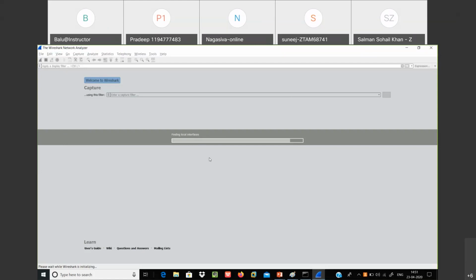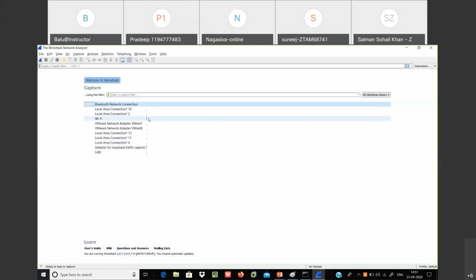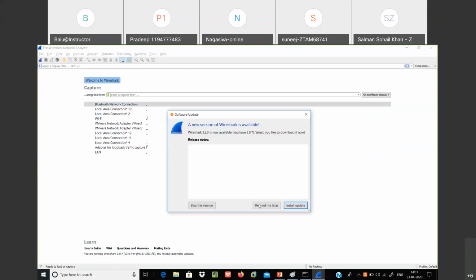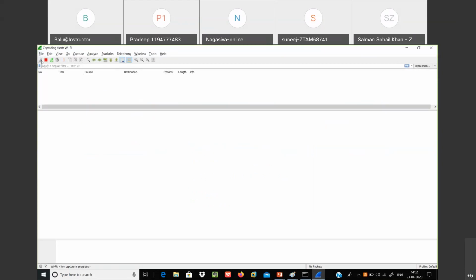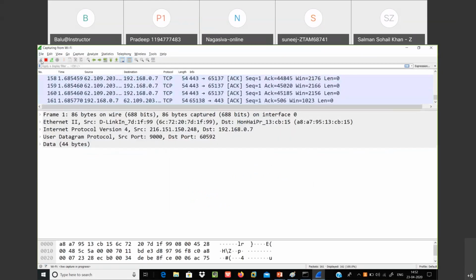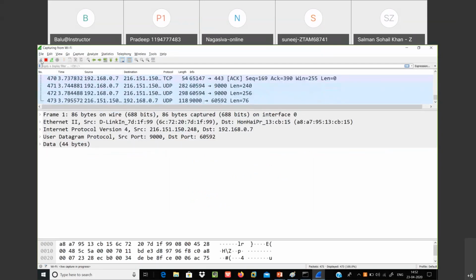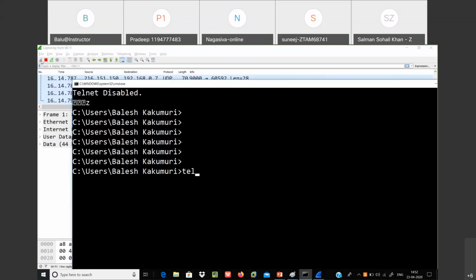At present, my device is connected through wireless Wi-Fi. So I'm clicking on the Wi-Fi option and starting the traffic capture. What Wireshark is doing is capturing whatever traffic is being generated from my computer, can be outgoing traffic or incoming traffic. Complete traffic is going to be captured in my backend, right? So after capture has been started, let me do telnet